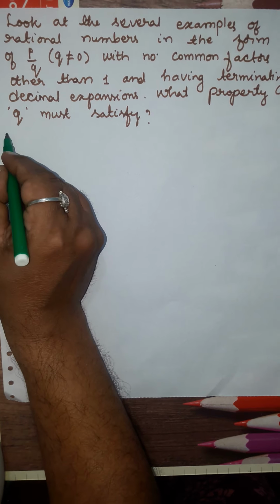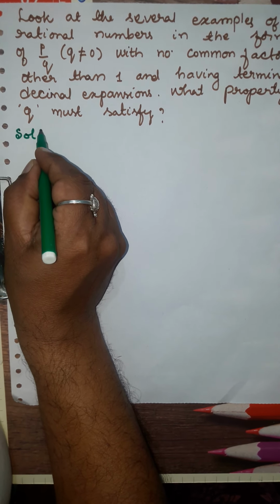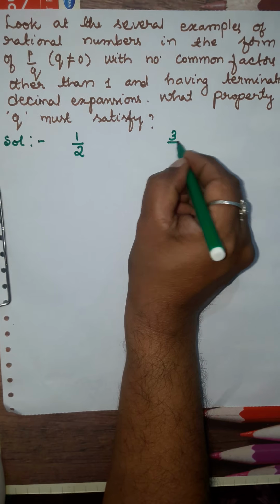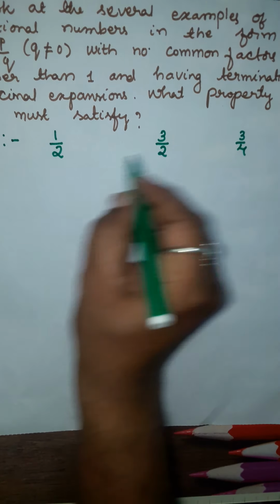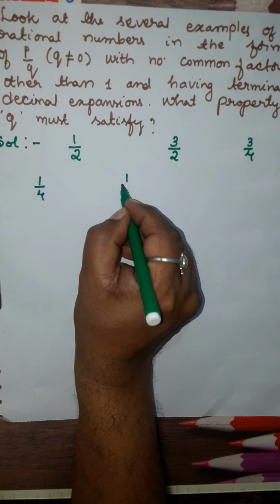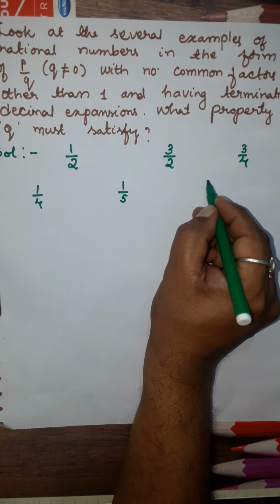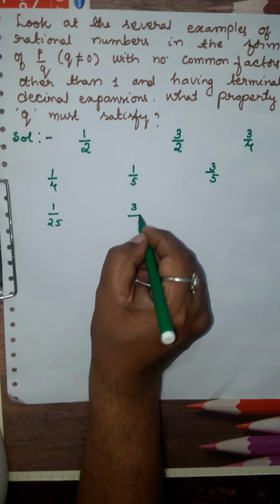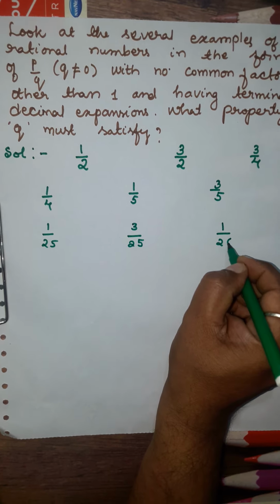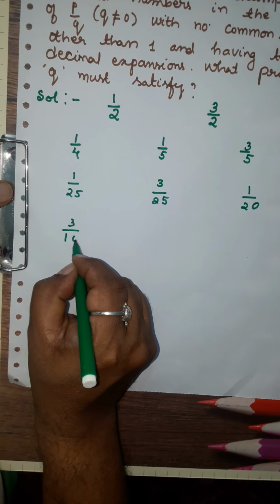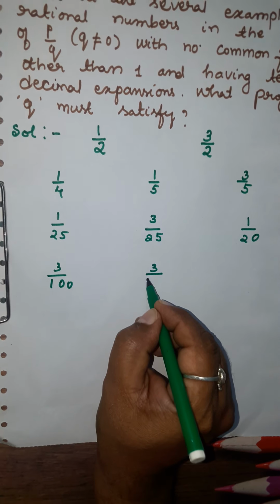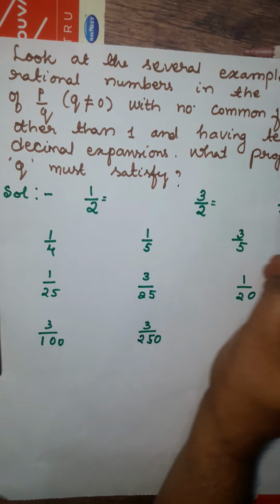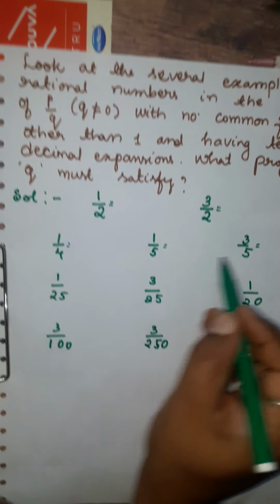So, let me give examples while solving this problem. 1 by 2, 3 over 2, 3 over 4, 1 over 4, 1 over 5, 3 over 5, 1 over 25, 3 over 25, 1 over 20, 3 over 100, 3 over 250. These are all the examples which yield